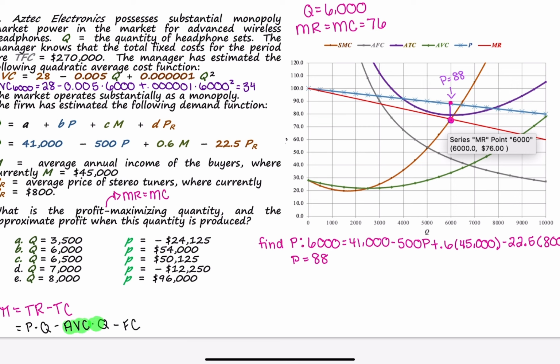So pi equals 96 times 2,000 minus our average variable cost times our quantity. So our average variable cost is 22. So minus 22 times 2,000, minus our total fixed cost of 270,000,